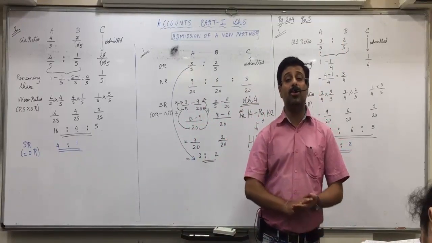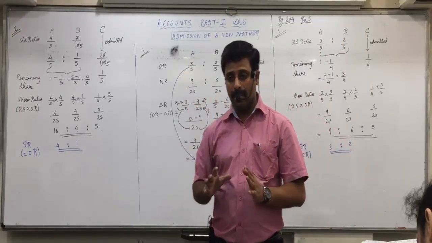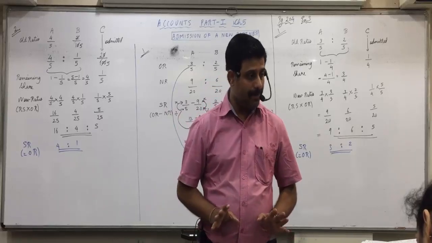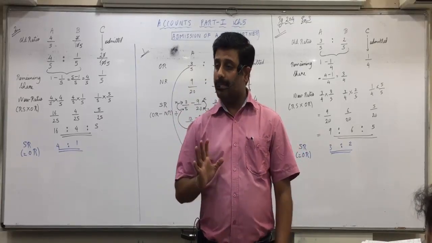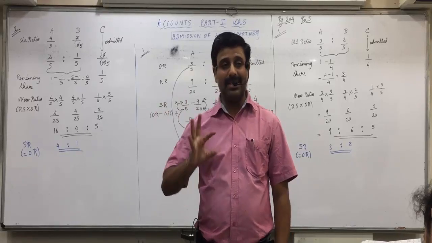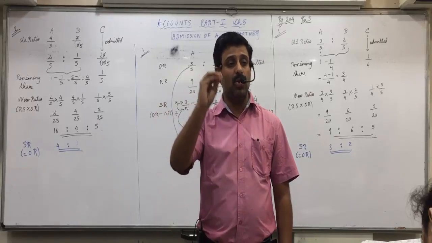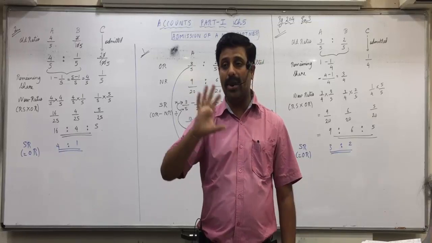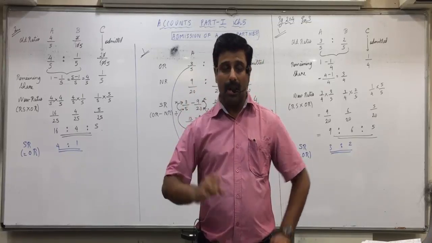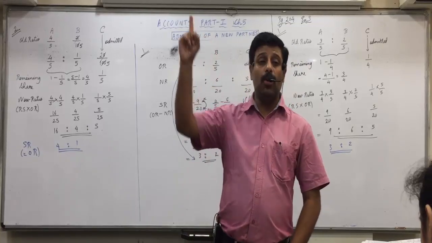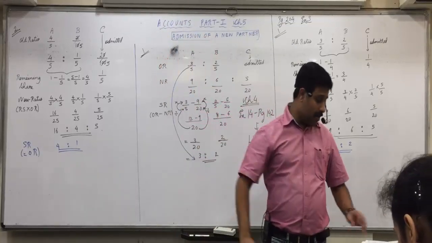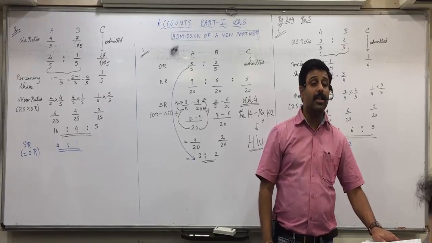Partners capital account. How to make it? You'll make everything one by one. Don't make everything simultaneously, because the revaluation is already given. So make it one by one. Okay, and we are doing it just for the sake of school exams, otherwise in board exams it will not be asked. Now, how to do this? First of all, in partners capital, write the opening balances on the credit side. Which ones? 1 lakh, 50,000 and 50,000.